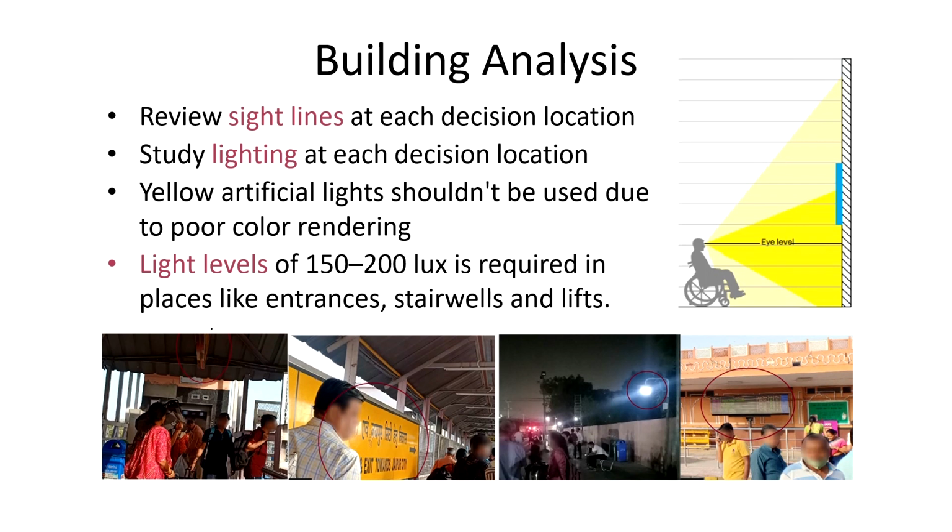The sight line. Sight line in each direction location is essential to ensure that the signage remains within the user's line of sight. What is this line of sight? If you see in this image, this is the line of sight. Whereas, for a standing person, this would be the line of sight. So, this and this. For example, in a crowded airport terminal,